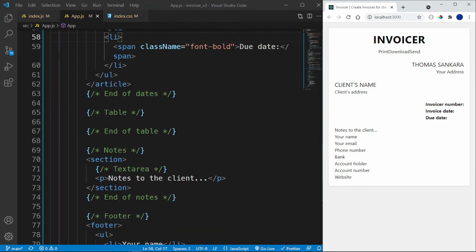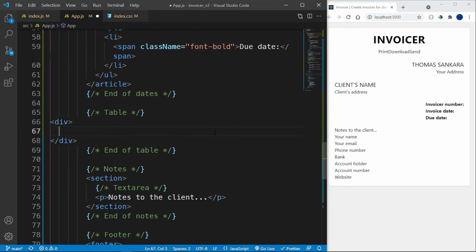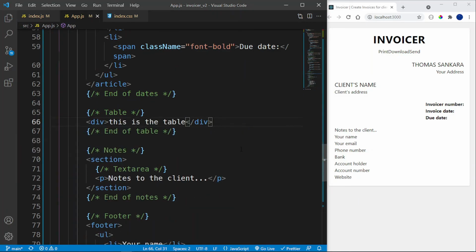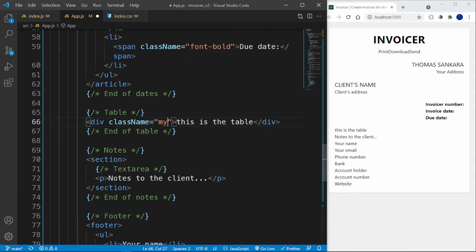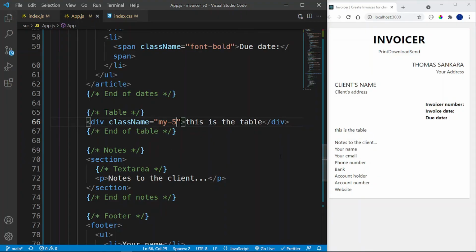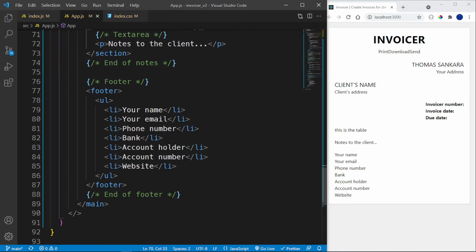Actually, we don't really need to style anything inside here, but let me just have a div inside this table that says this is the table. Okay, just to separate it out, let's give this div a class name of margin Y of 5, like so. So notes to the client, and then give this section a class name of margin bottom of 5, push away from that. And then let's go inside the footer, and inside this UL, give this a class name of flex